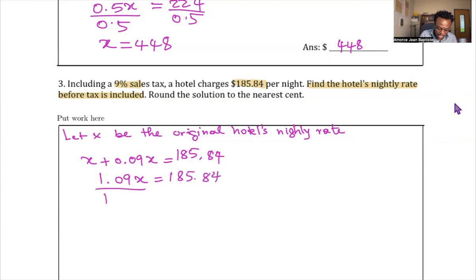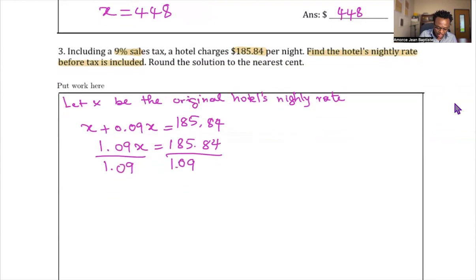Once you divide by 1.09, you get X equals 185.84 divided by 1.09. It gives me